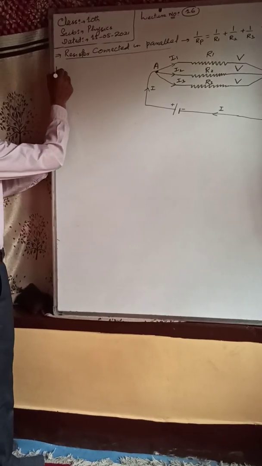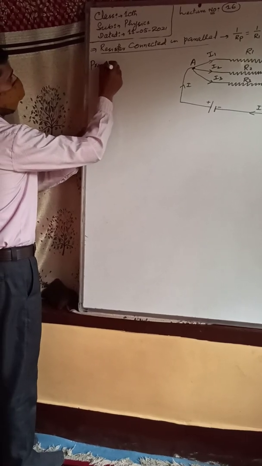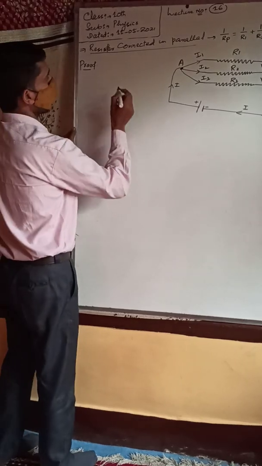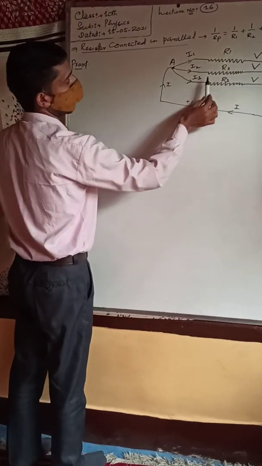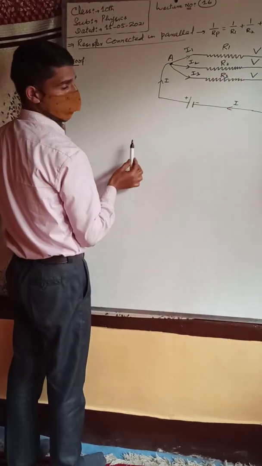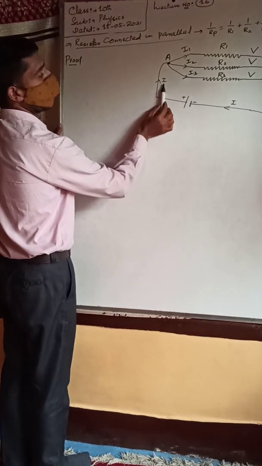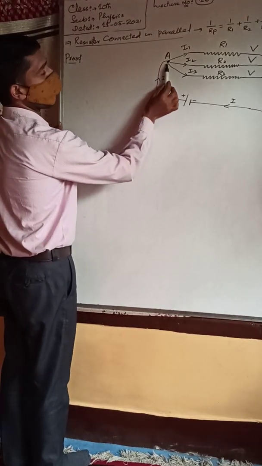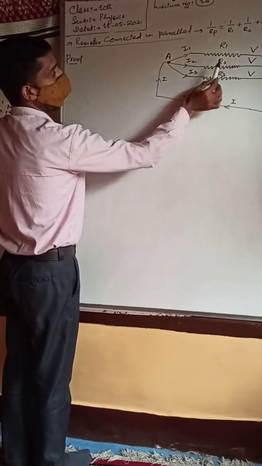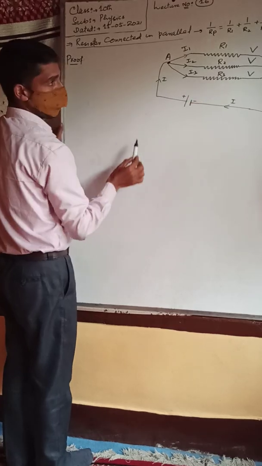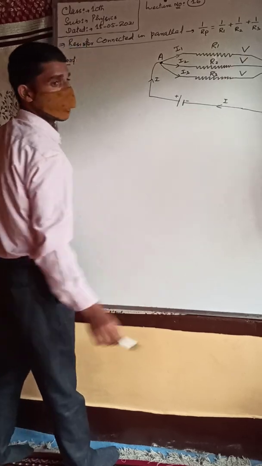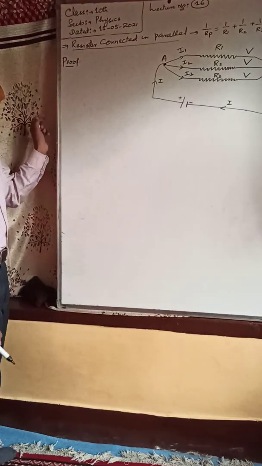Now let us start its proof. Remember this point, your answer should be equal to this. So I may write here in proof, let us consider 3 resistors which are connected in parallel combination having resistances R1, R2, R3. Then we can write one more point, let I be the total current which reaches at the point A and divides into I1 through R1, I2 through R2, I3 through R3. But as far as resistors connected in parallel combination is concerned, the potential difference remains same. Say that is V. Then we have to use Ohm's law.